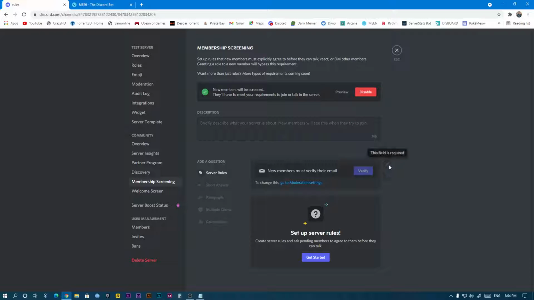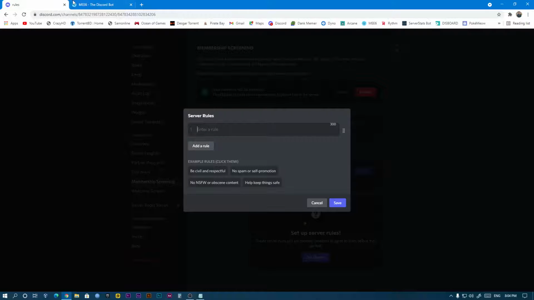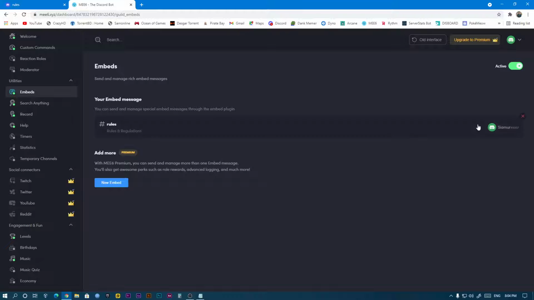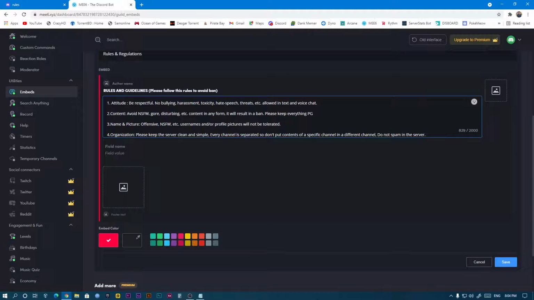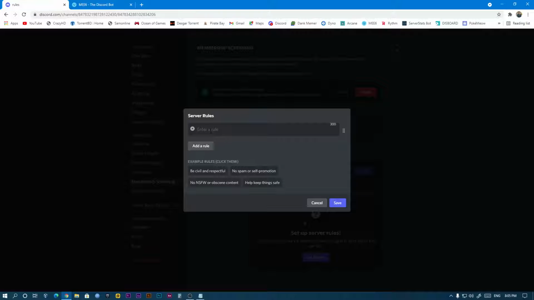It's automatically added. We can now set our server rules. I already created server rules, so I just copy and paste them. It's my server rules. I will copy it and add.